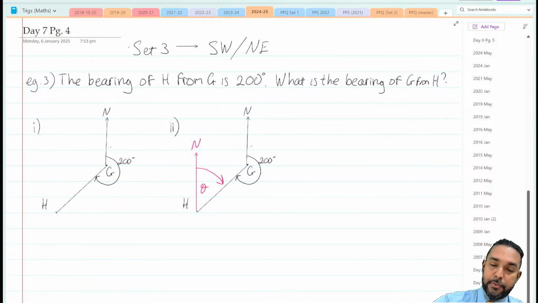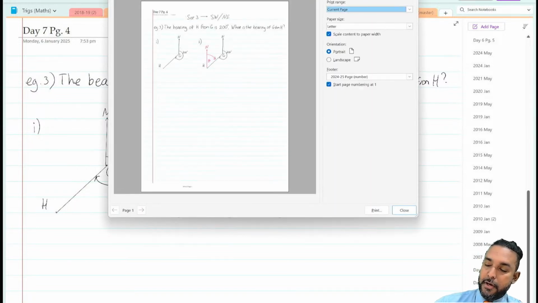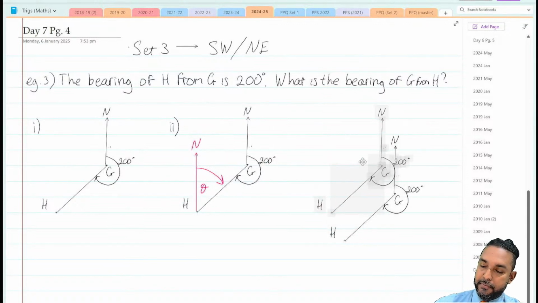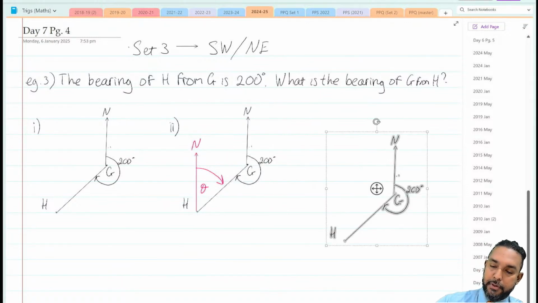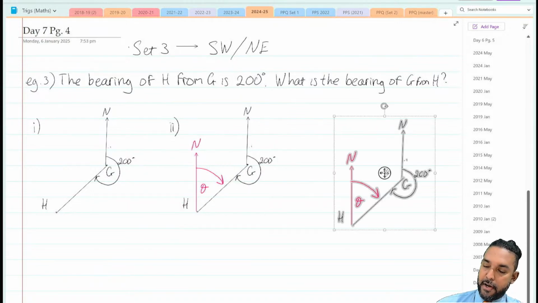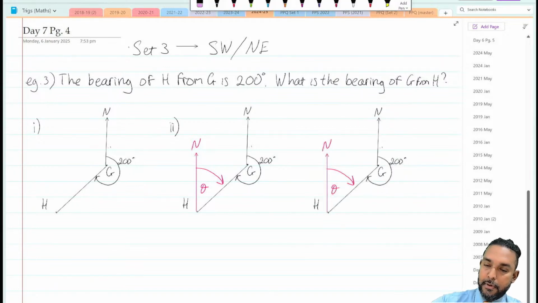And what's the last thing we do? We extend the line connecting H and G through G. No, that's not what I asked for. Behave yourself. Thank you. No. What are you doing there? Behave yourself. Right. Copy. Paste. Right. Now we're talking. Be out. Right. So,